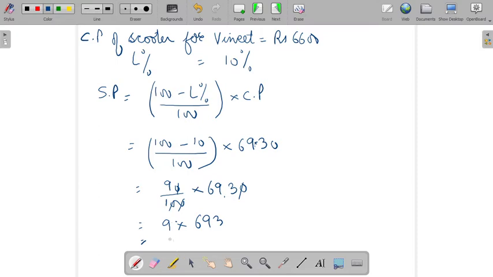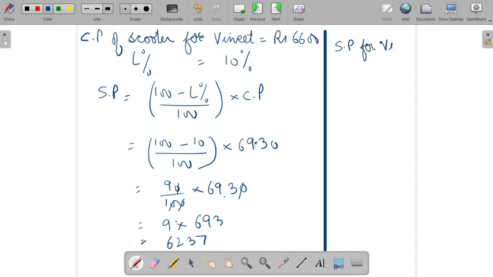So if you solve it, it will be coming as 6237. So the selling price for Vineet